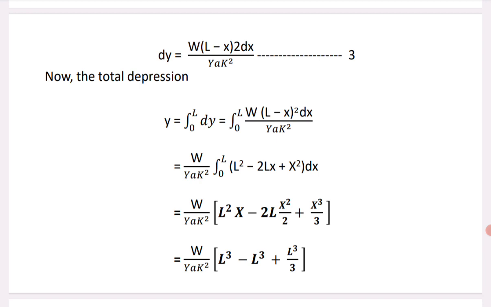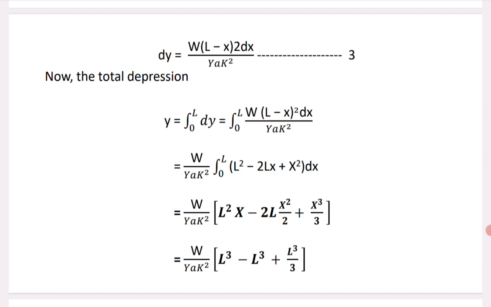After integration, x²/2; here x² is there, after integration, x³/3. So W/YAK² into [L²x − 2L x²/2 + x³/3]. Here the 2 gets cancelled, and then applying the lower limit and the upper limit, we will get